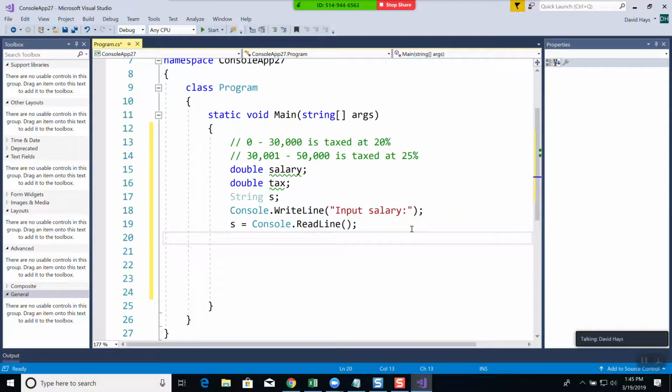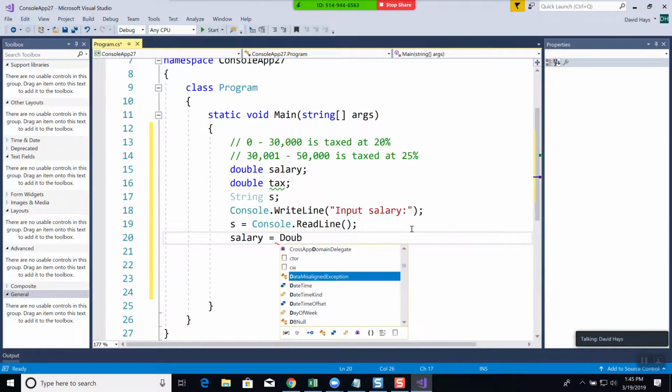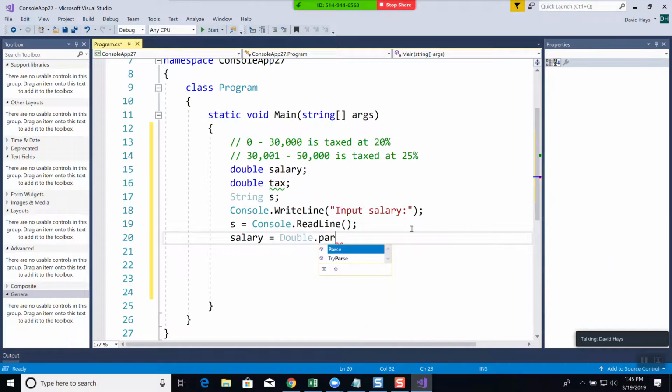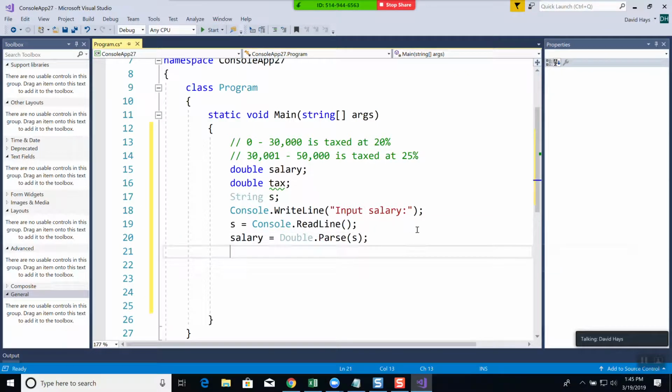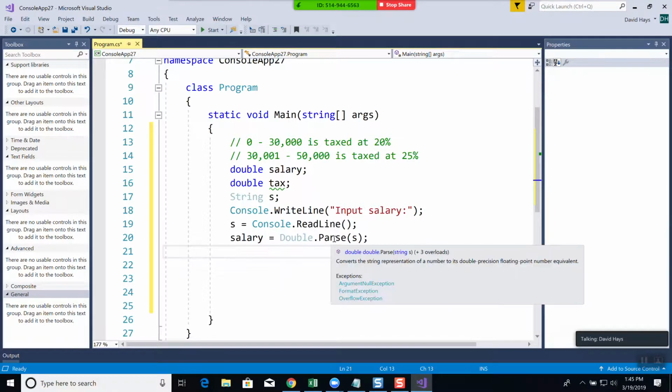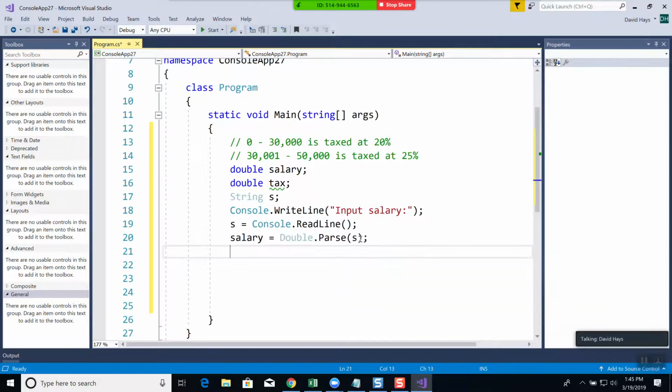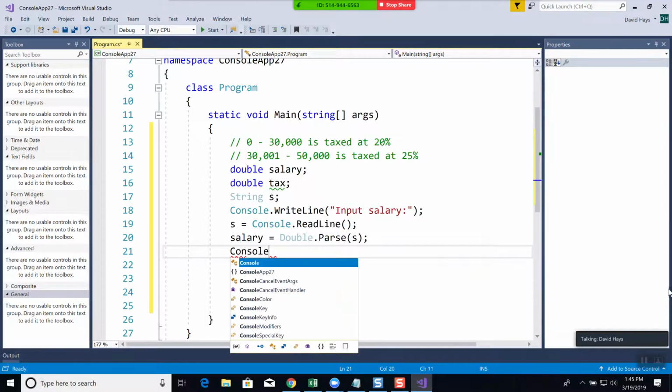Now, I don't want it there. I want it actually in my variable called salary. So here we have to do our double dot parse, and we'll convert s to a double. Again, string we can't work with directly number-wise. This double refers to that structure, and this parse here, you can pass in this parameter of a string. And so now, if I just do a console.writeLine to see what I got,